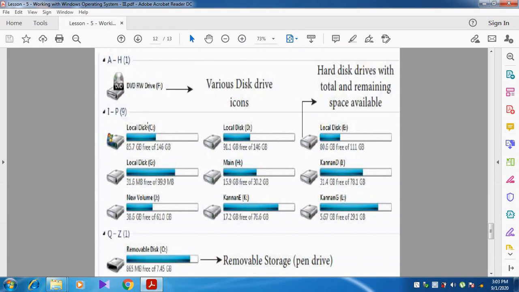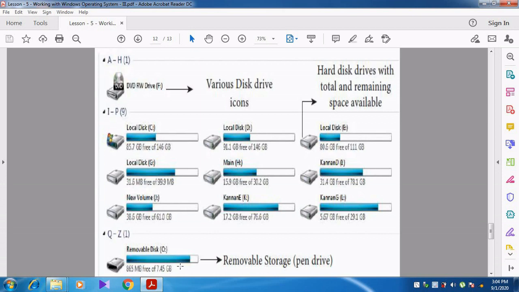Then see here, local disk C, D, E, G, H, I, J, K, L. The hard disk capacity is high, so it has been separated into many drives. The total space is divided into many, for example nine drives they have created. Then see here, a removable disk drive is also here.